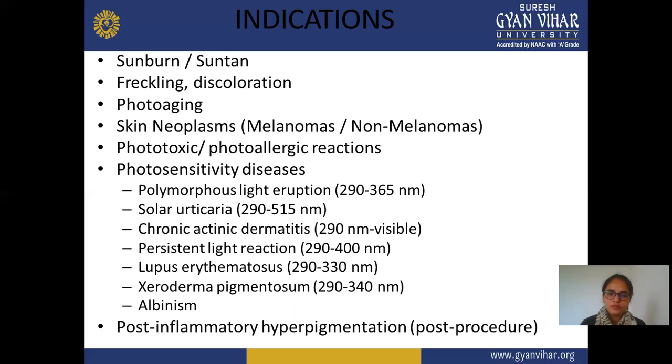Next are albinism and post-inflammatory hyperpigmentation, some color change of your skin or hyperpigmentation, and inflammatory effects are also observed due to this UV light. So these are some common problems. They depend on the UV light, A, B or C, or may vary depending on the severity or the absorption and reflection mechanism of UV light.